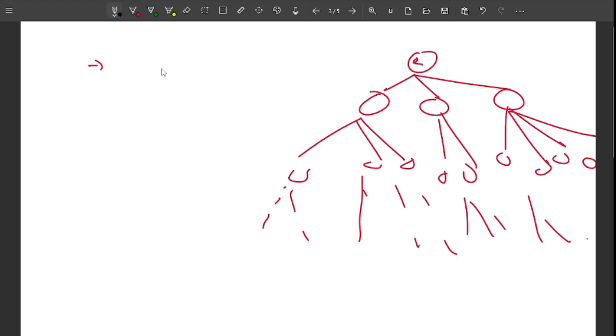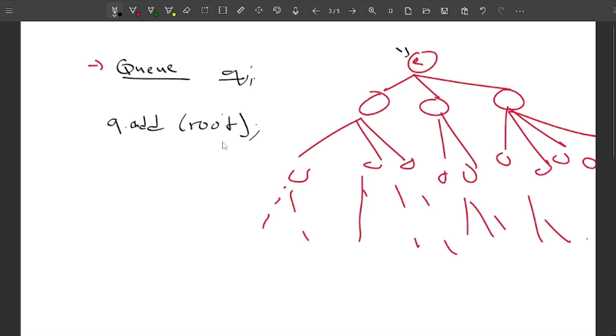If you have performed level order traversal for a binary tree, then you will have an idea that a queue data structure is used, right? So we are going to use a queue whose name is queue, right? So we have a queue data structure, and in this we are first going to store the root. So I will say queue dot add root, right? After this, while queue is not empty, this is how we perform level order traversal, right? So while queue is not empty,